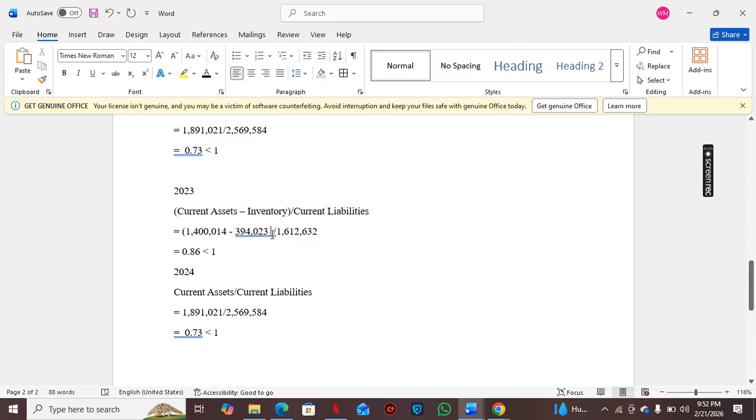So let's first subtract inventory from our current assets. 1,400,000 minus 394,423 gives you 1,000,000. When I've subtracted the inventory from the current assets, we get